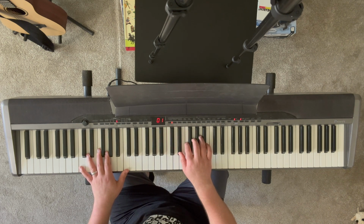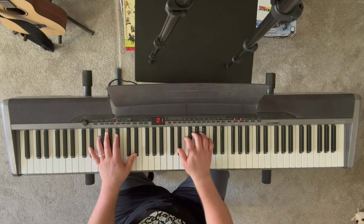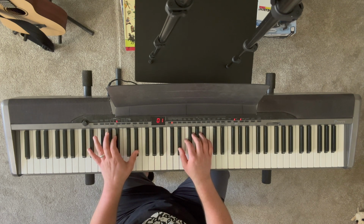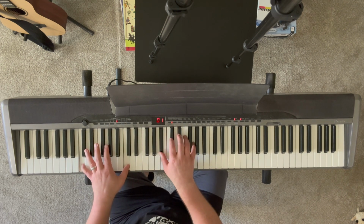Okay, then the second chord is E flat major again, but now you're going to play it in root position. So left hand you're going to play E flat octave, then the right hand plays E flat, G, and B flat. So together it's